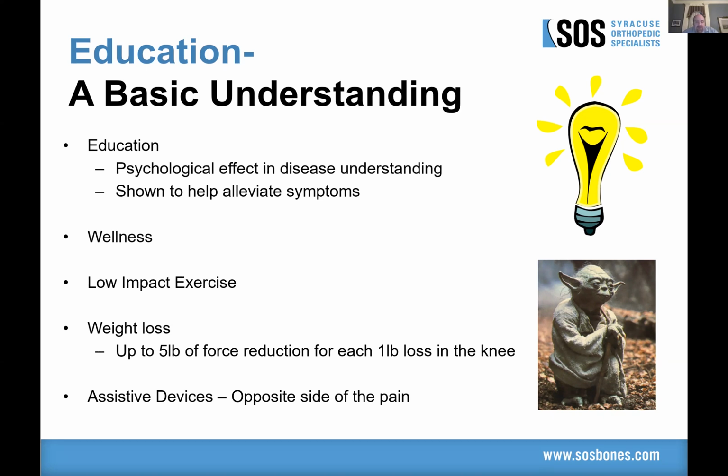Weight loss has a huge benefit on particularly the knee. The studies are a little bit harder to measure in the hip, but every pound of weight loss can take 4 to 5 pounds of force off the knee. So if you multiply that out, 4 to 5 pounds of force per pound of weight loss, times 10,000 steps a day, you can get to 500,000 pounds of force off the knee every day just from a 10-pound weight loss,